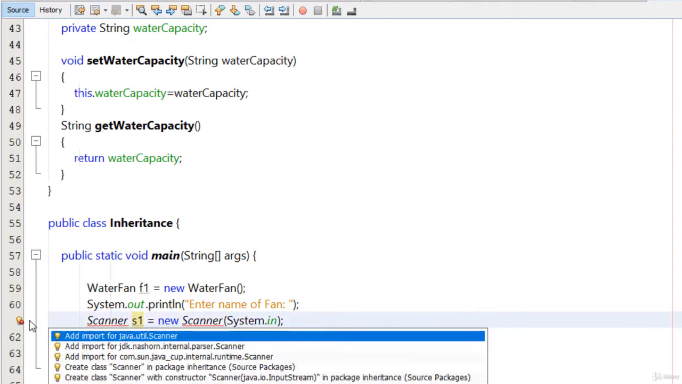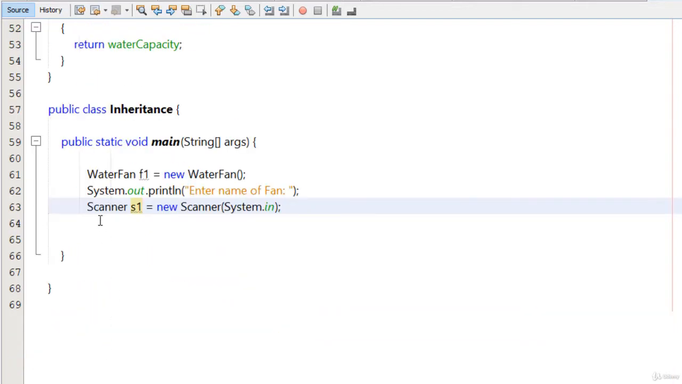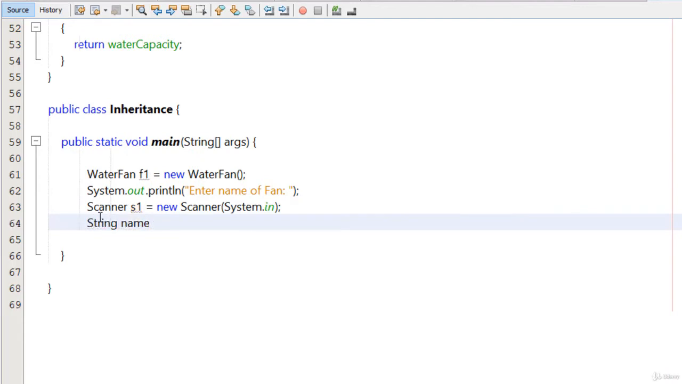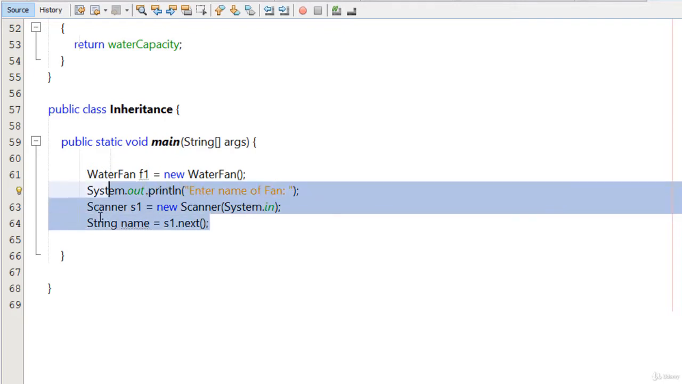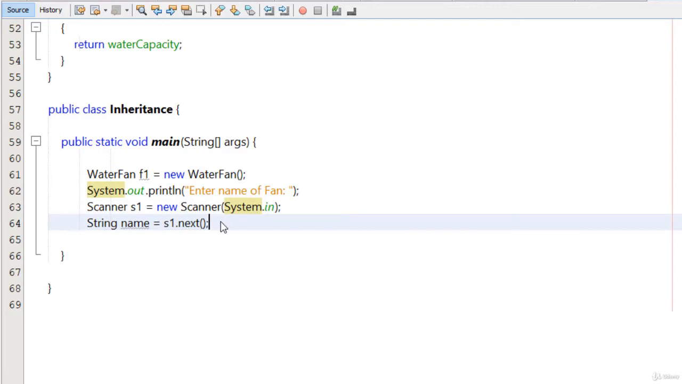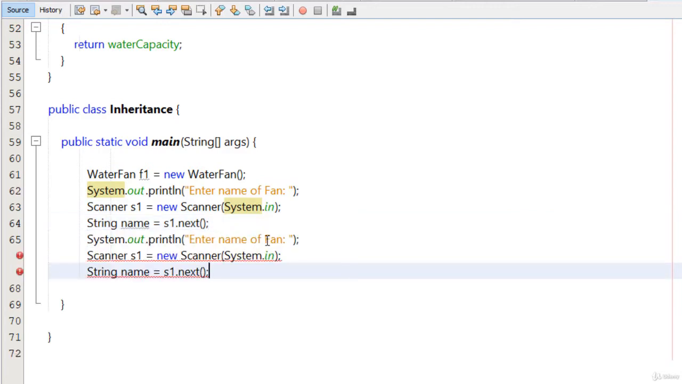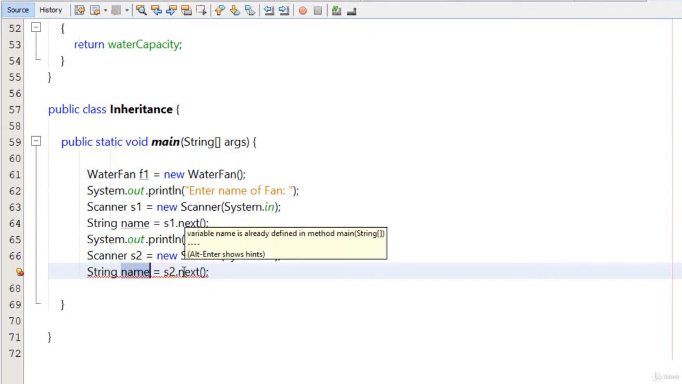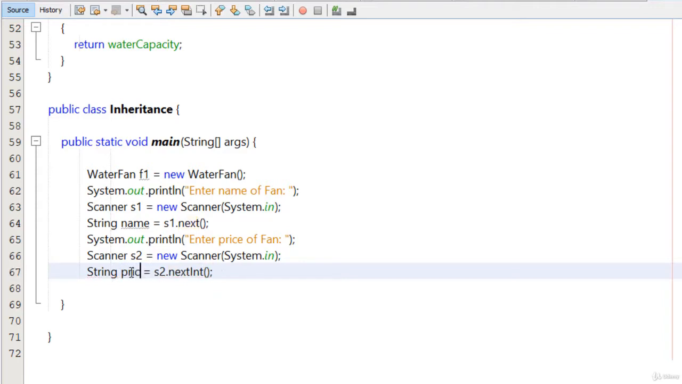Now I'm going to import the Scanner class here and then String name equals s1.next, and I'm going to copy this code and paste it here and change it to enter price of fan and s2. Also I'm going to change it with nextInt and the name with the price here, and also change the data